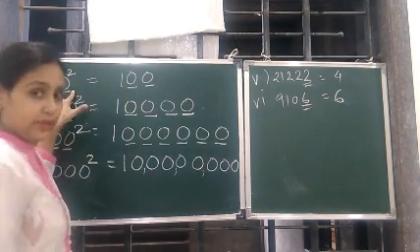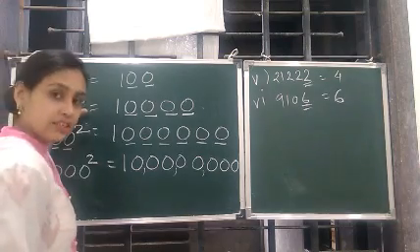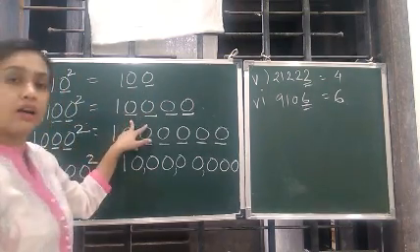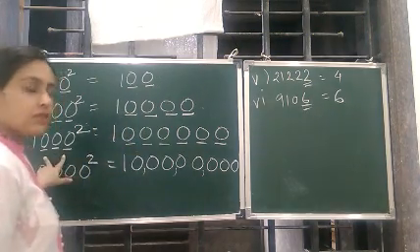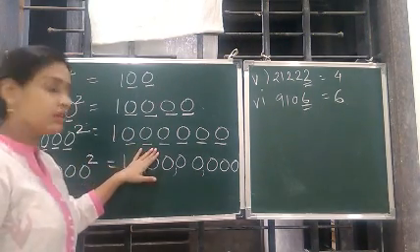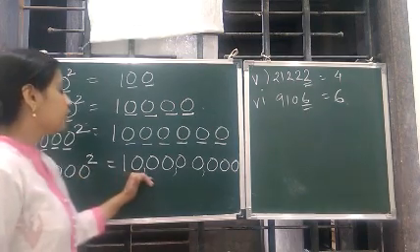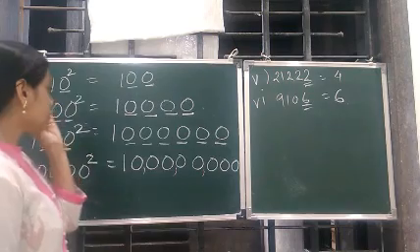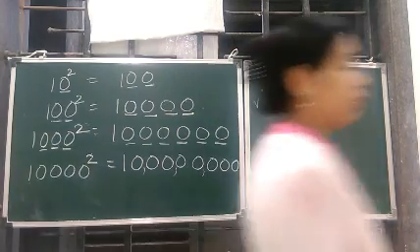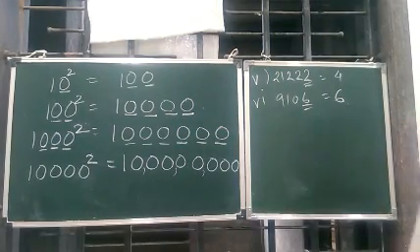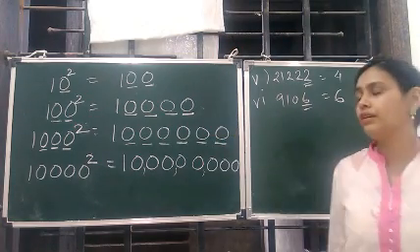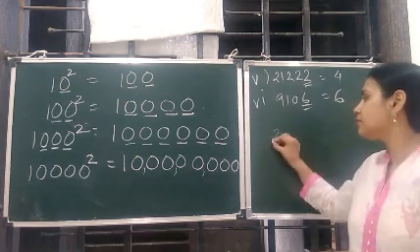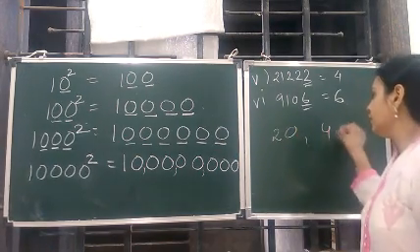If there is 1 zero, there will be 2 zeros. If there are 2 zeros, there will be 4 zeros. If there are 3 zeros, there will be 6 zeros. If there are 4 zeros, there will be 8 zeros. So this is how it goes. The number of zeros gets doubled when we find the square of tens, hundreds and thousands, or the numbers with zeros, that is 20, 40,